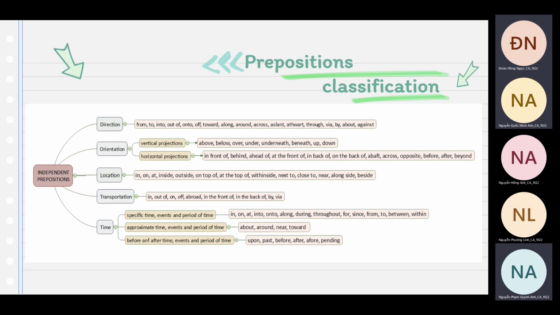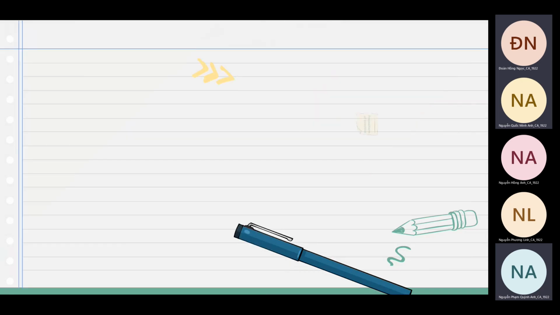is prepositions of time, and we also have 3 smaller groups, which are specific time, events, and period of time. The second group is approximate time, events, and period of time, and the last group is before and after time, events, and period of time. So let's come to the first group,